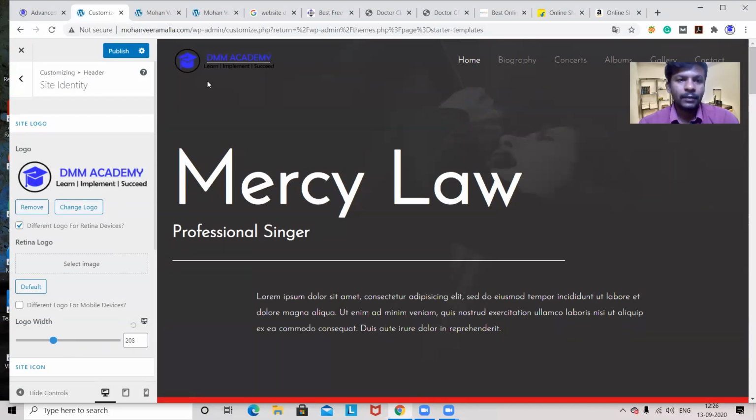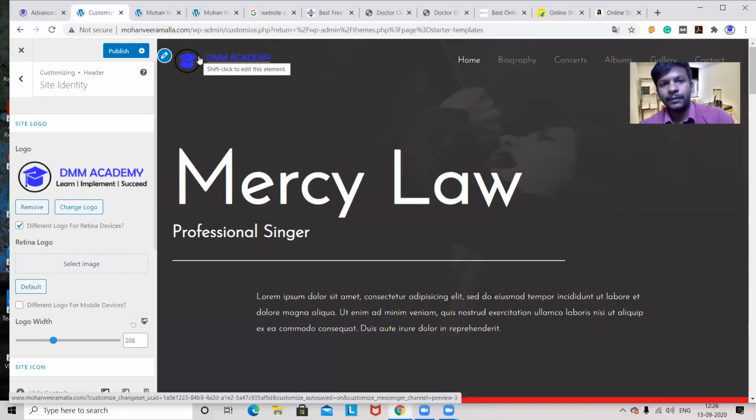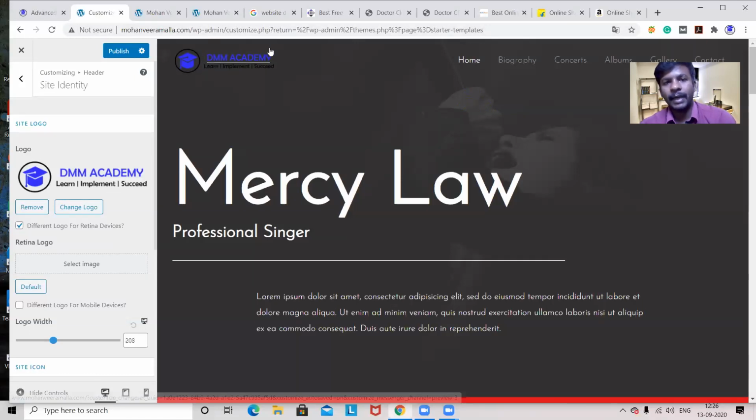So see, now this is a PNG format logo. That means in the background we don't have anything, just whatever logo is there is available. If you are taking JPG format, what will happen? You will have a white color background, or the background which you give. That will have some disturbance. Why? Because if I have a background in white color, it will look like a patch. I don't want it to look like a patch, so I have taken the PNG format.